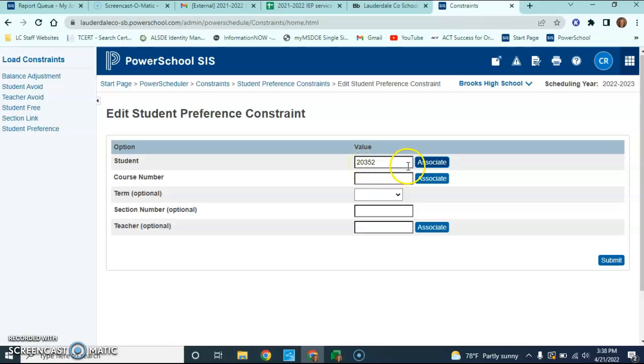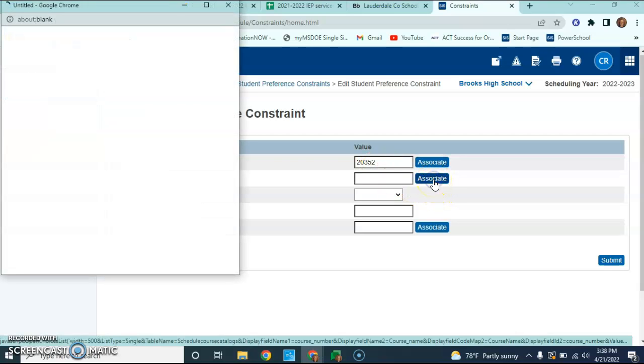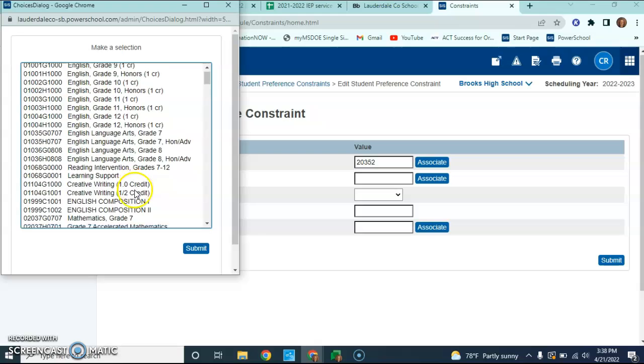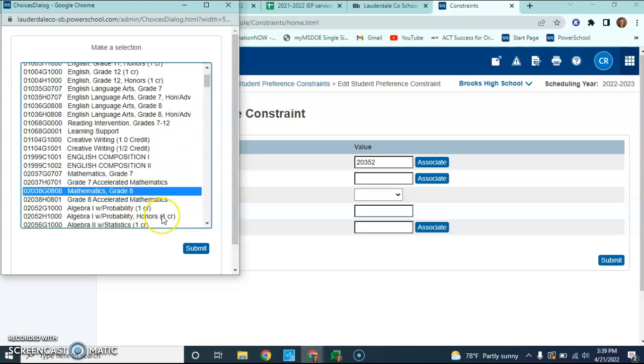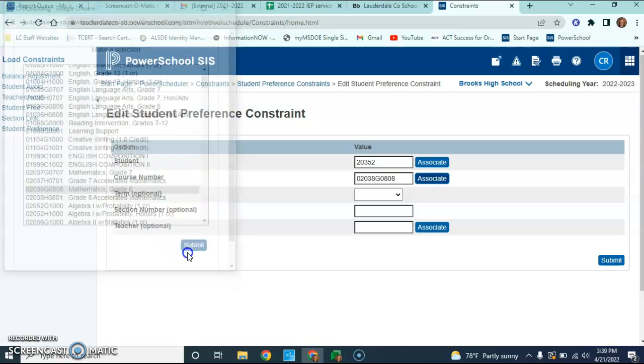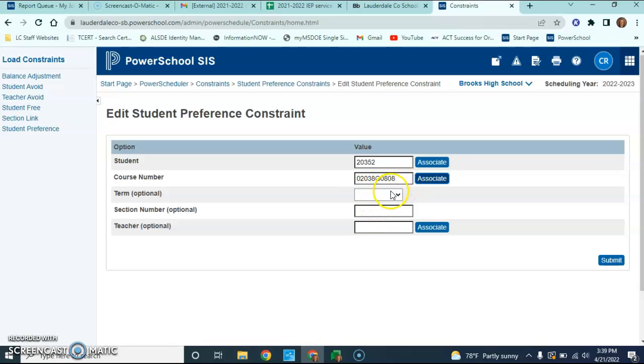You're going to associate the student, and this is actually their PowerSchool number that comes up, and then you're going to associate the class. So I want English grade 8. This is a 7th grade student that's going into 8th grade. And there is the class. Term, you don't have to put in. Section number, though, for us is not optional